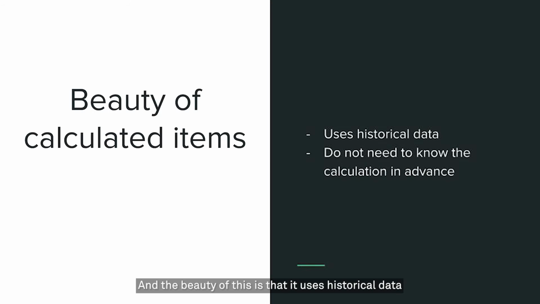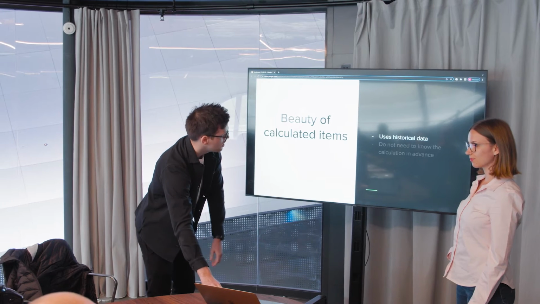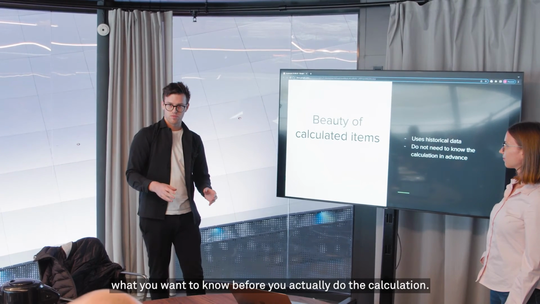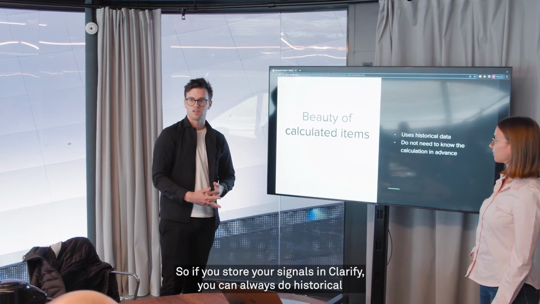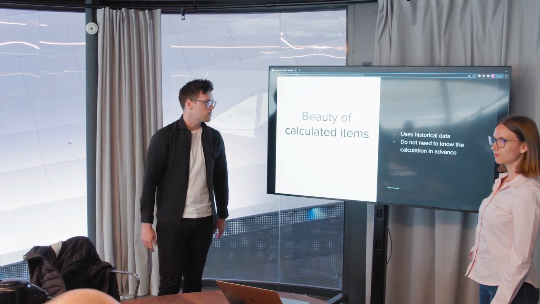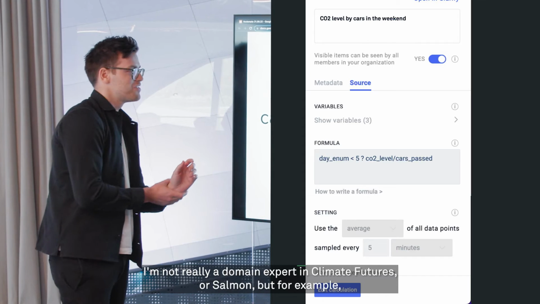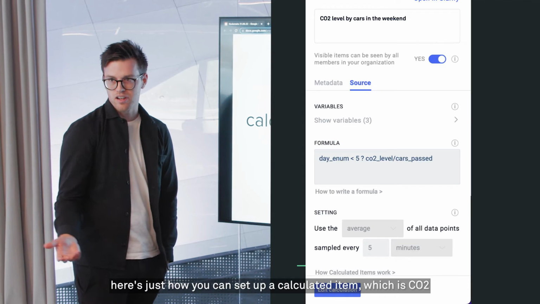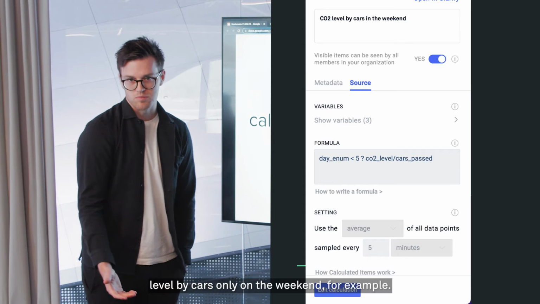And the beauty of this is that it uses historical data, so you don't have to take out your data and do your manipulation and then put it back in. Which also means that you don't actually need to know what you want to know before you actually do the calculation. So if you store your signals in Clarify, you can always do historical calculations on that data. I'm not really a domain expert in climate or salmon, but for example, here's just how you could set up a calculated item,